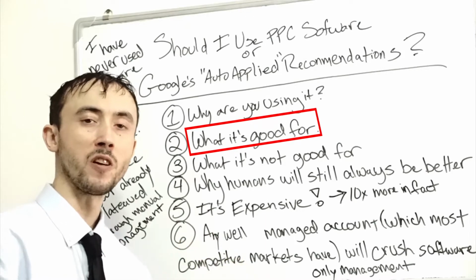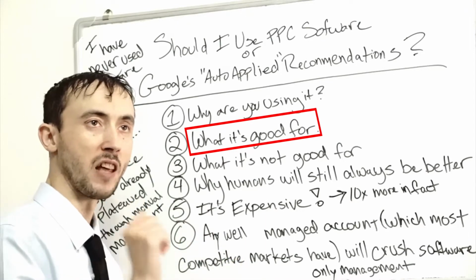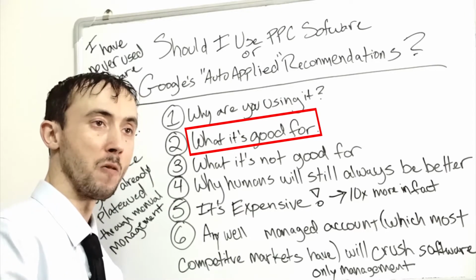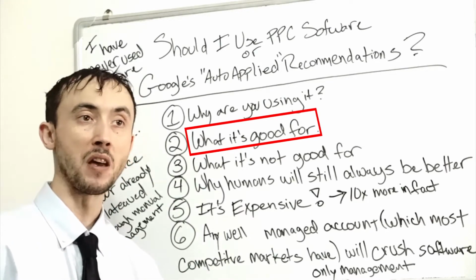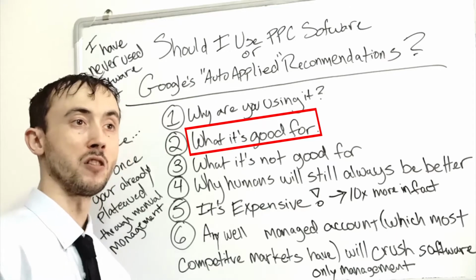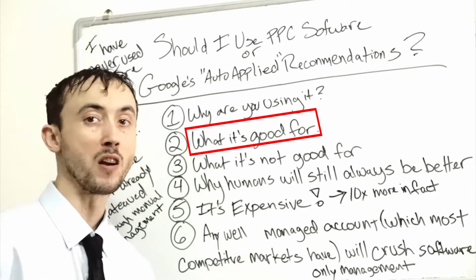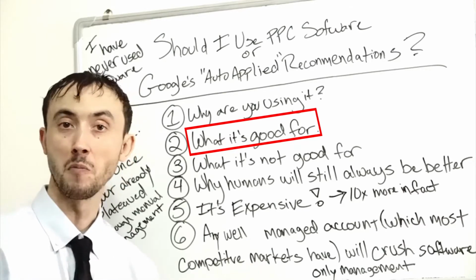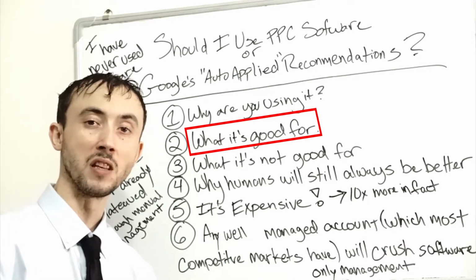If you take the software, usually where it will work out the best is, even if you set up your campaigns and you have a very large account to manage, you want to start out getting as far as you can with the account, and then once you can't really get any further, that's when you turn on the software. That is where I've seen it makes the most sense.